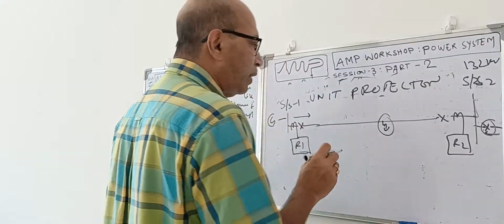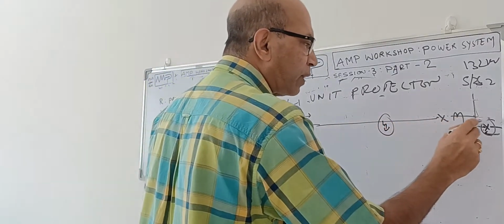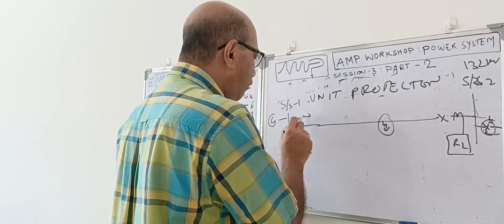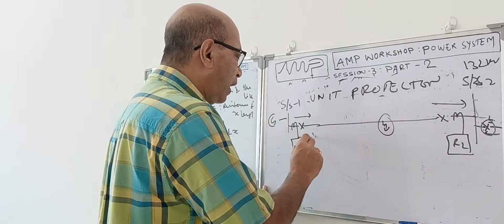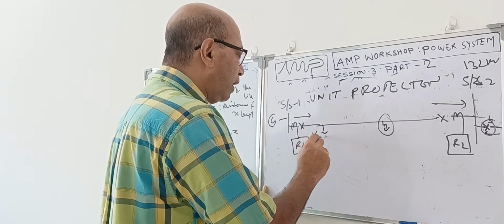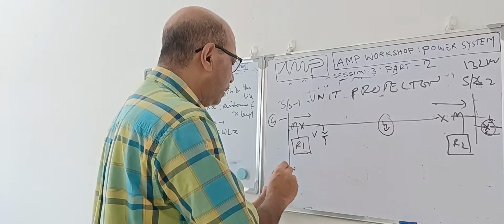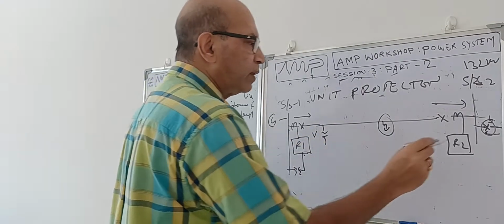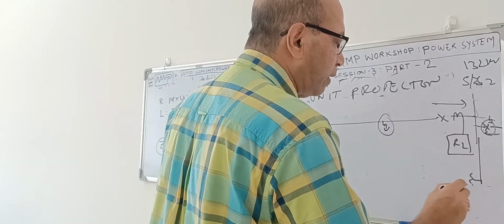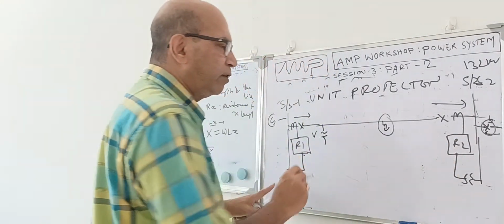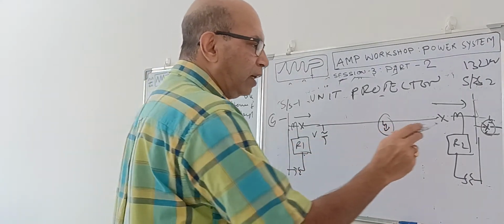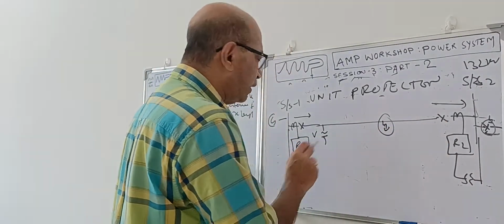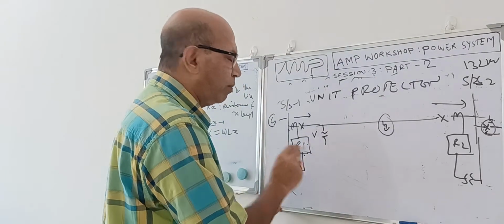In that case, when the fault is outside, the fault current will be fed from both relays. Both relays will sense the fault and get a voltage also. I have shown before, from the bus you can give the voltage. Similarly from this bus also you will get the voltage over here. So both distance relays will measure the impedance. When this relay sees the fault is over here, immediately it will operate.